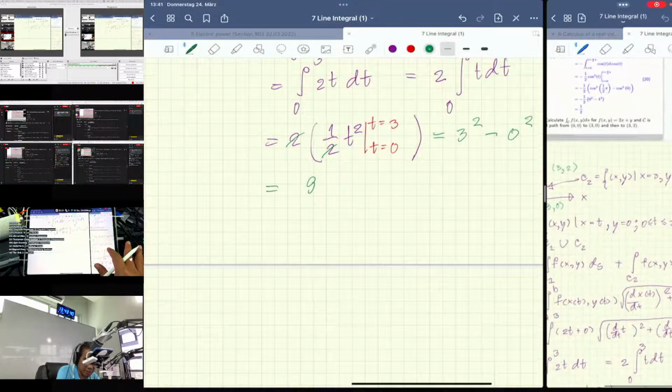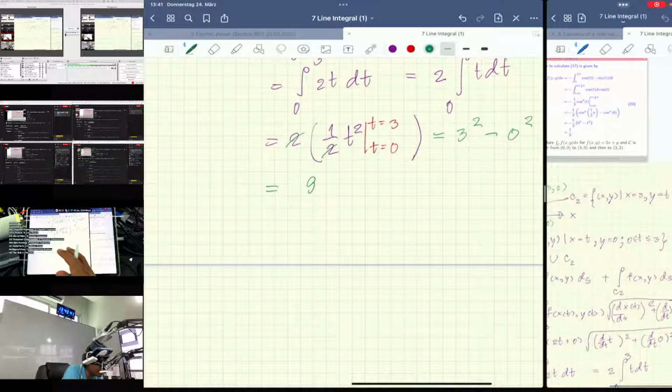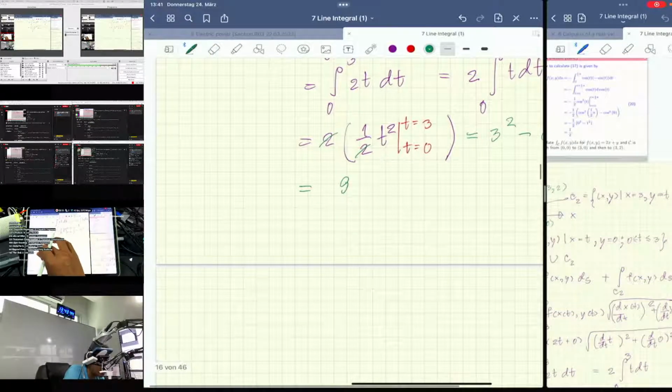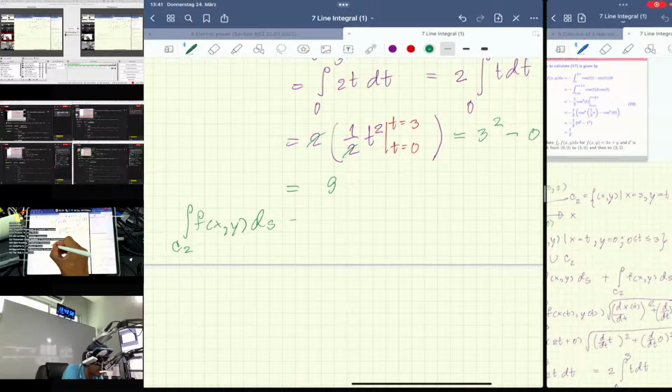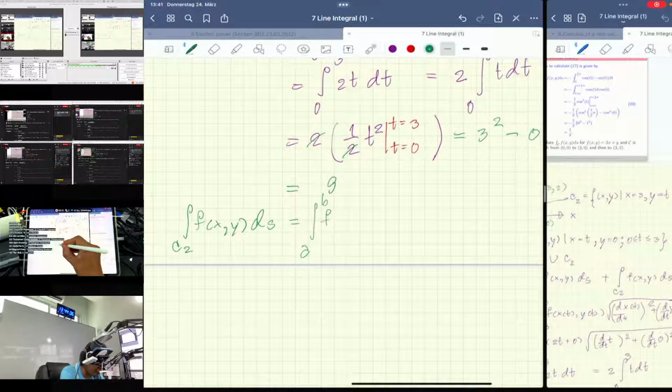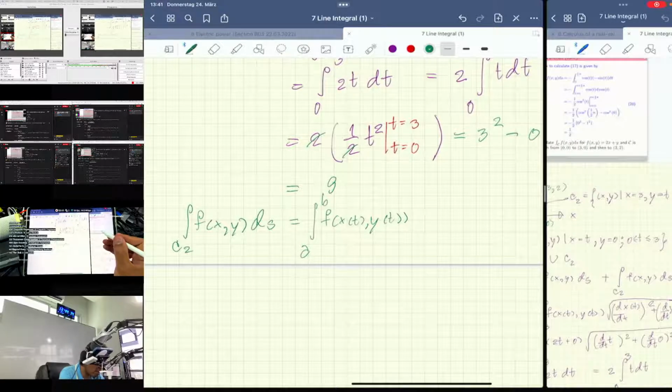The second contour is right here. Now, just integration along the second curve, second contour. We're going to say f(x,y) ds will be, of course, the integration from a to b of f(x(t), y(t)) and the square root,